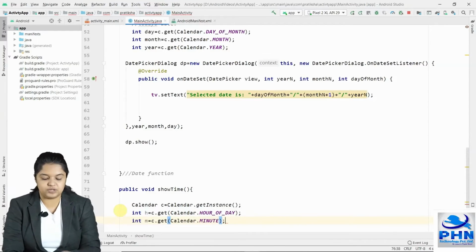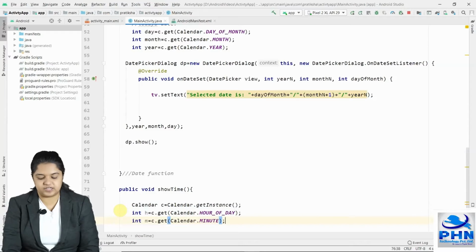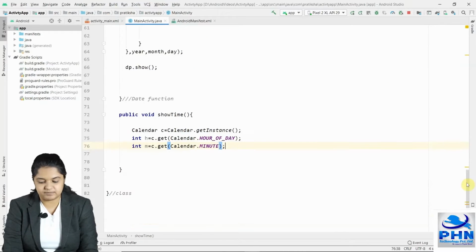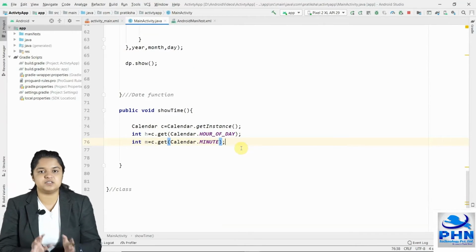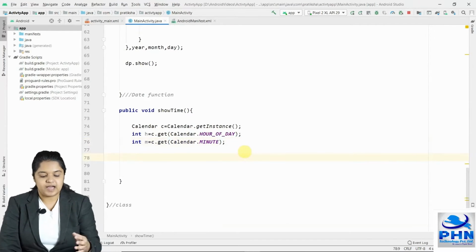If you want, you can get the seconds also, but we will not deal with the seconds. You can get milliseconds using calendar. So calendar is used for all the date and time things related to the current. Okay, I have my hour and minute.